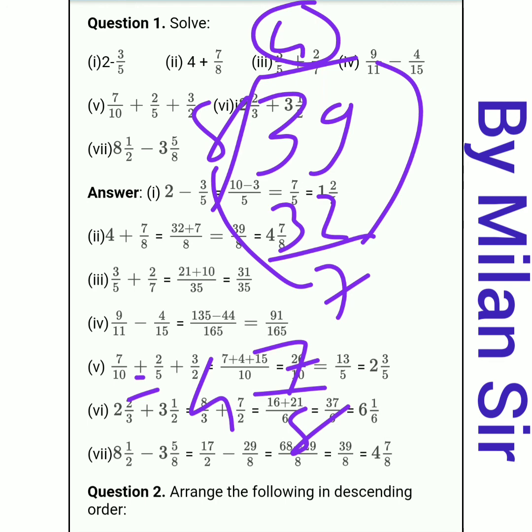Okay. So this is the addition and subtraction of fractions. First of all we need to take LCM, right? And if mixed fraction is given in the question, then we need to convert it into improper fraction. Then we need to take LCM, and in final answer, if it is a proper fraction, then we do not need to simplify it. But if our answer is improper fraction, then we need to convert it into mixed fraction.